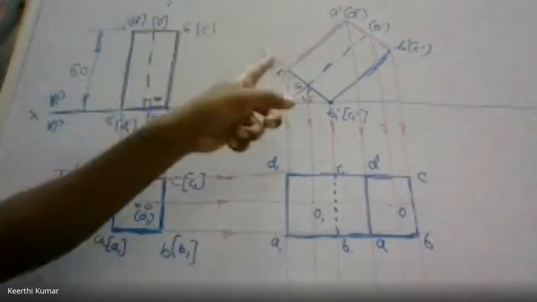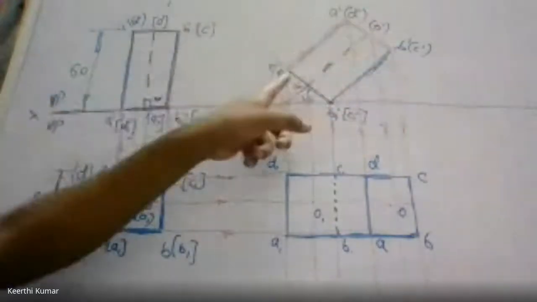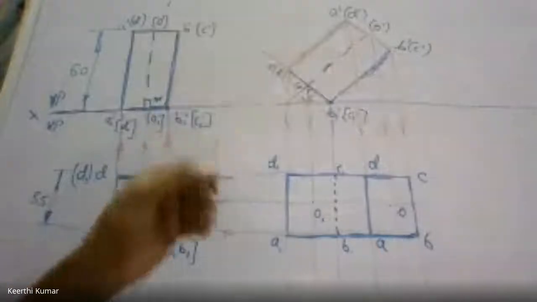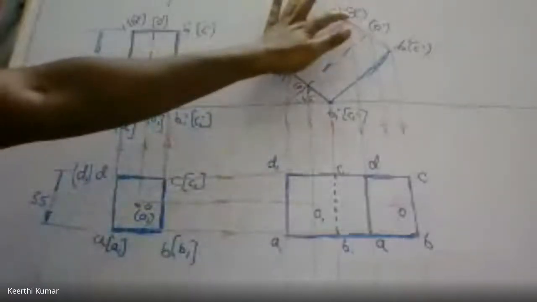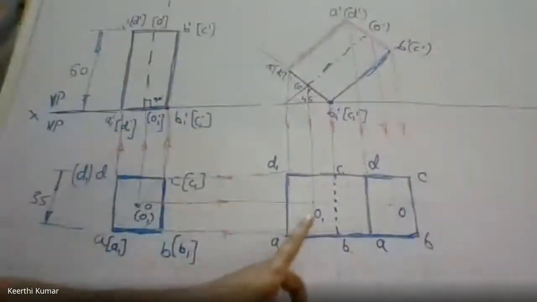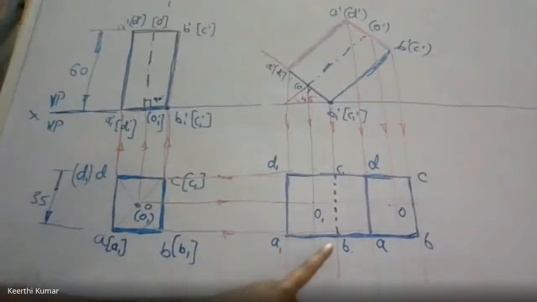If I see from the top, this line I can see, and the naming, whatever is there on the line, I can easily see. Now we want only D and A. Check only D and A. Remaining, you forget about this. Only D and A. A is here, D is here. I can see this, so make it visible. Then A1, B1 is already connected. This is B1.